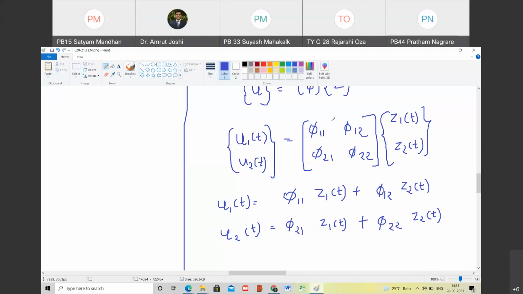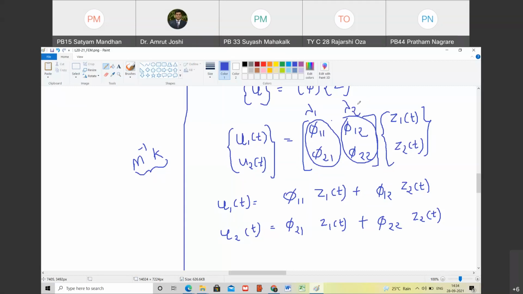So the first eigenvector, this is the first eigenvector. Do you agree with me? Yes, sir. जो हमारा M inverse K मैट्रिक्स है, the matrix is M inverse K. इस मैट्रिक्स के लोएस्ट आइगेन वैल्यू के करस्पॉन्डिंग जो आइगेन वेक्टर है, that is this phi 1 1 and phi 2 1. Do you agree with me? Yes, sir. So if lambda 1 is the first eigenvalue of M inverse K, smallest eigenvalue of M inverse K, उसके करस्पॉन्डिंग जो आइगेन वेक्टर है उसके ये दो एलिमेंट्स हैं. Happy? Yes, sir. Then if you look at the second column, this is the eigenvector corresponding to the second eigenvalue.